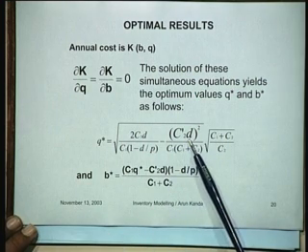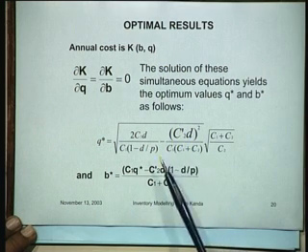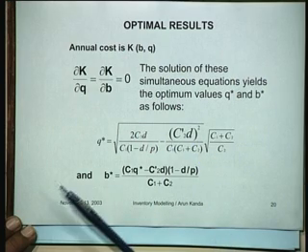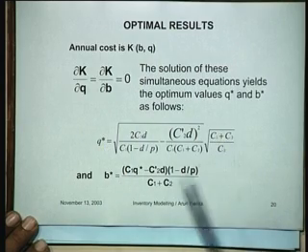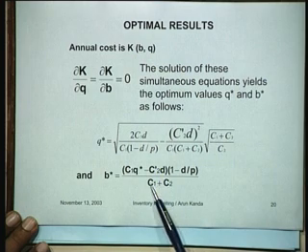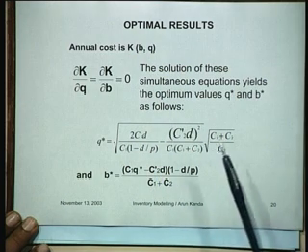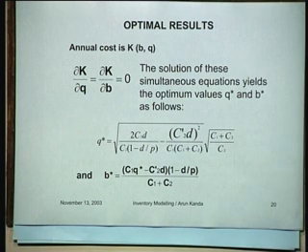This is a more general formula because it now covers both the lost sales as well as the back ordering costs. So Q star is determined by this formula and B star, the optimum quantity, is then determined by these, where we have C1, C2, C2 prime and C3 which come into this particular equation. So this in fact summarizes the general approach that you have to take for finding out the lot size in any arbitrary kind of situation, depending upon how the inventories fluctuate.